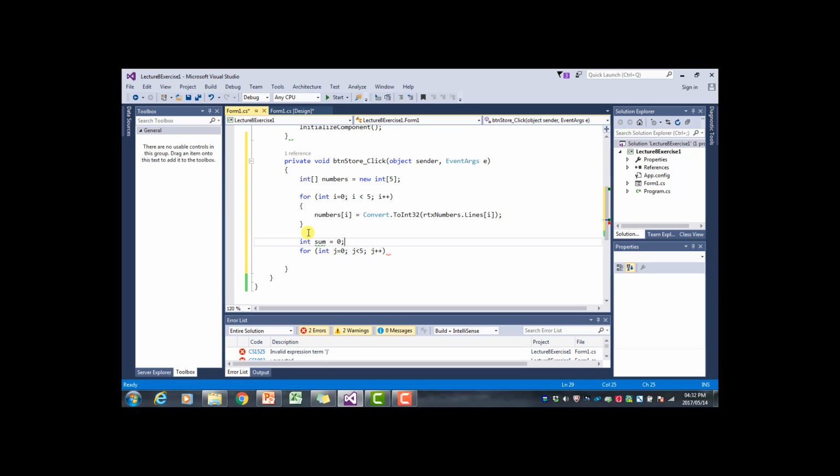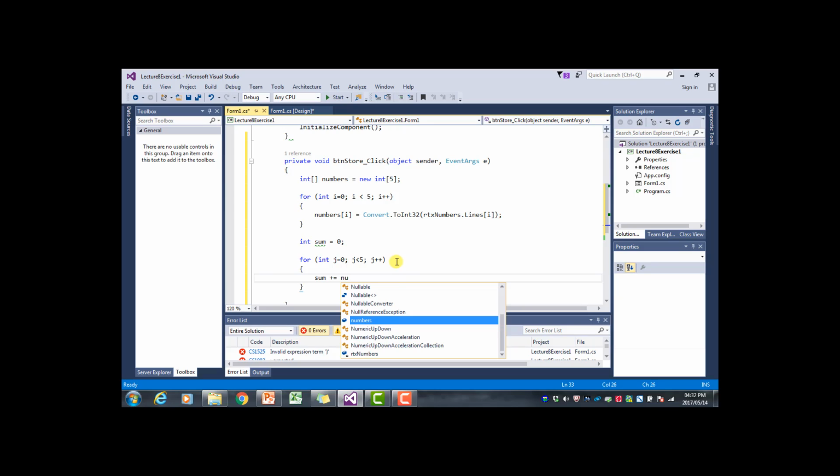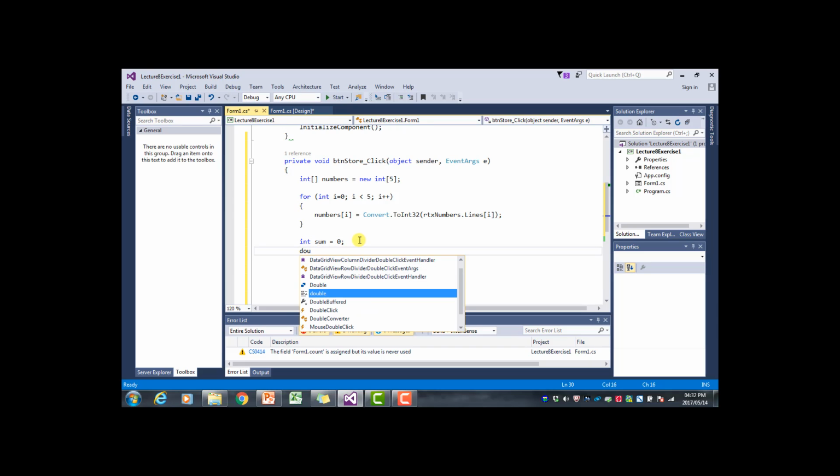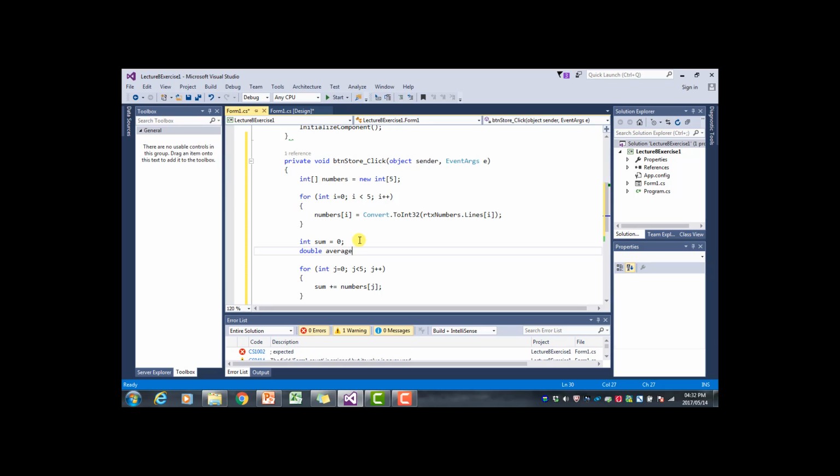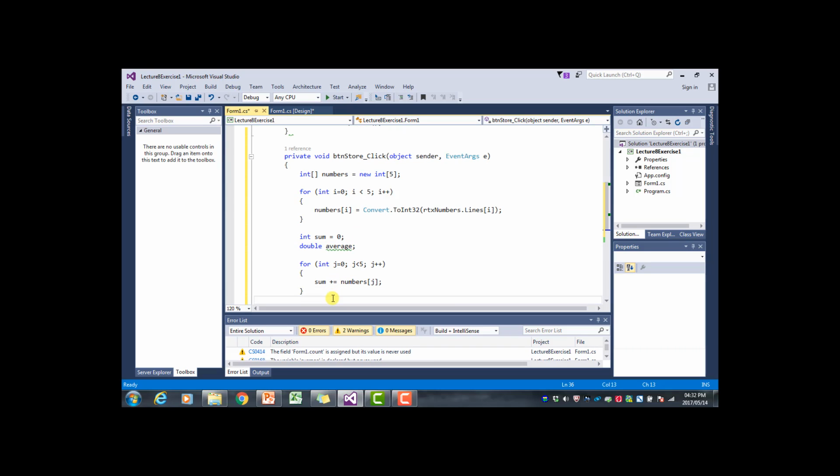This will now be similar to the previous average event handler that we had in the previous exercise. So in here we just have sum plus equals numbers j, and then we also have the double average variable, and we calculate the average is equal to the sum divided by 5.0,